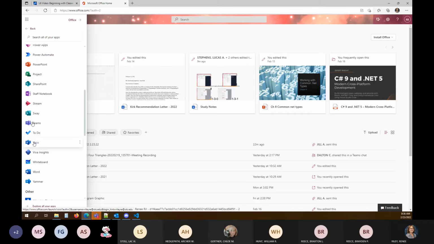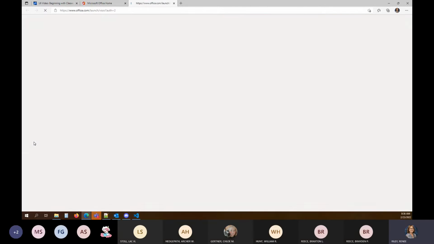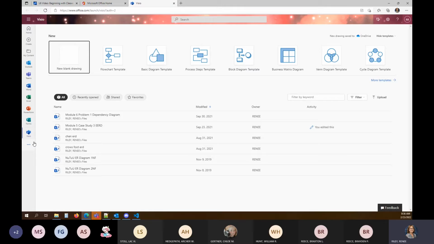Visio. Now Visio is a drawing tool. You can download it from the Microsoft tools place. There's videos and all that stuff in our Canvas modules and our setup module that talk about installing Visual Studio. If you want, you can download Visio and install it, but they have this online version. So that should be good enough for us for what we want to do.